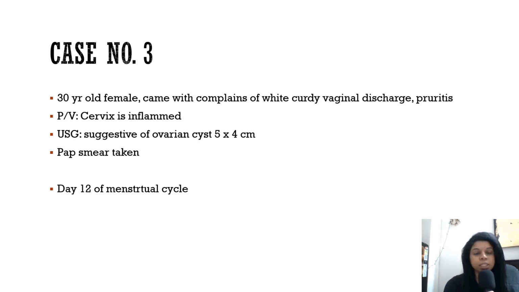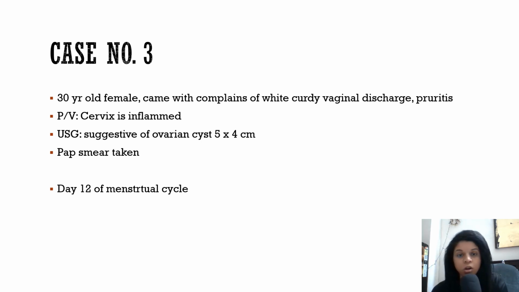And then the third case is a 30-year-old female who is complaining about a white, curdy vaginal discharge. Very characteristic, white, curdy vaginal discharge, a very common infection. Cervix is inflamed and USG is suggestive of ovarian cyst of 5 into 4 centimeter. So this case, why I wanted to show is that maybe the patient also is a follow-up case of